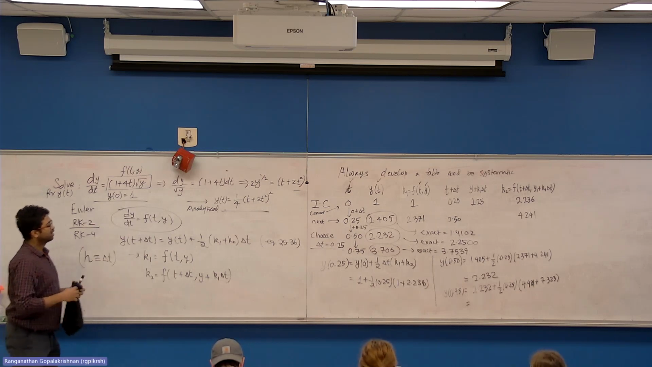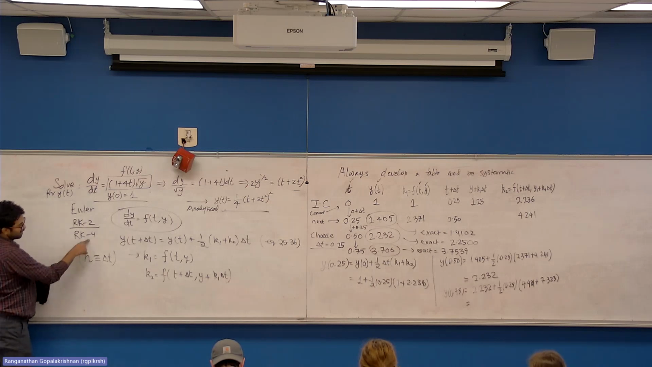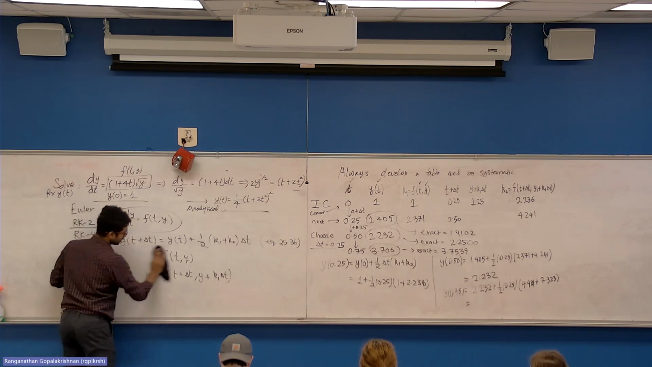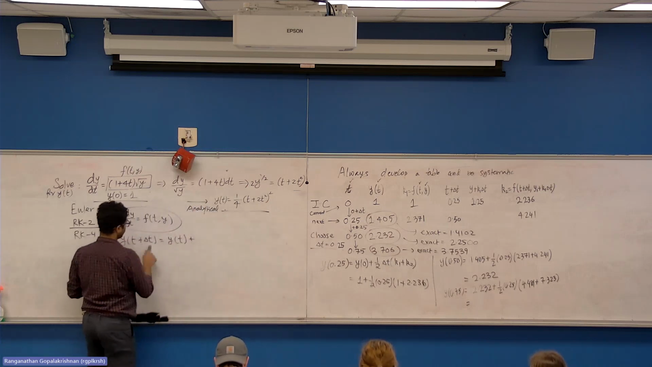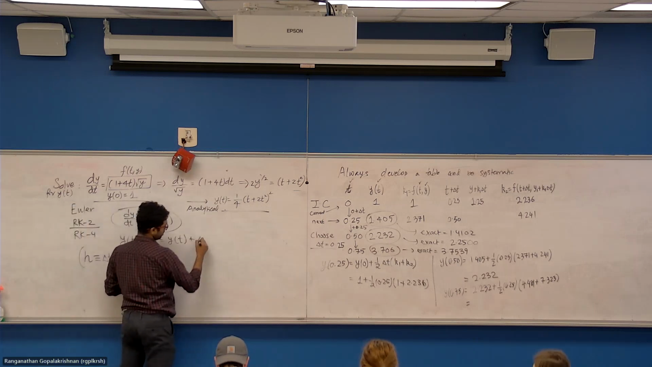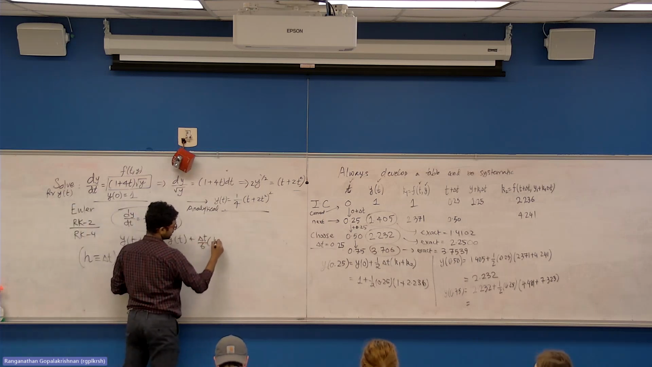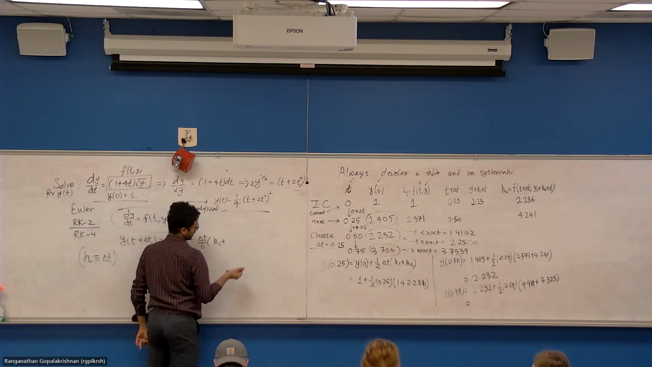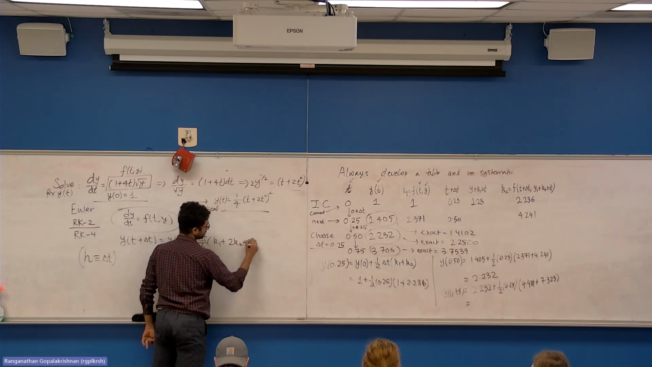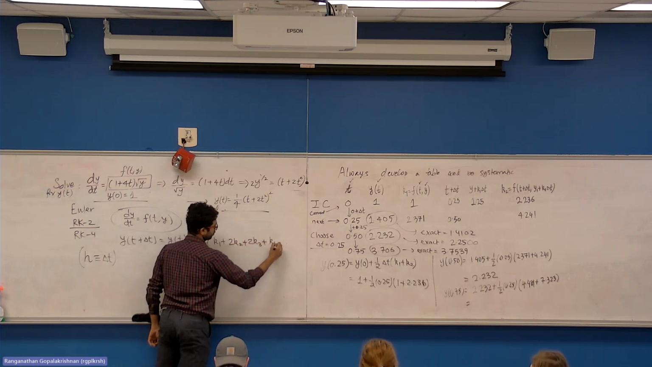Okay. All right. So then we need to first learn the RK4 algorithm, which goes like this. RK4 is y of t plus delta t equals y of t plus delta t over 6 times k1 plus 2k2 plus 2k3 plus k4, okay,